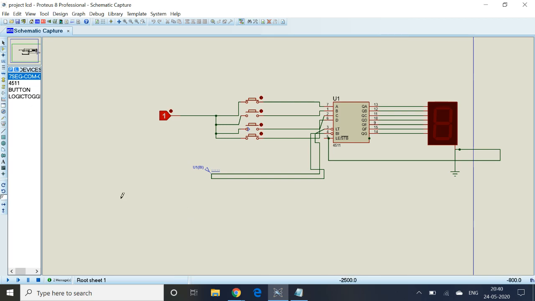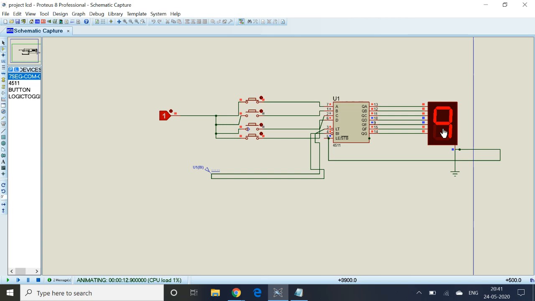How does it work? When I simulate it, okay, now it is simulating. So here you see this point. If I do this, then this is 0, and if I do this, then this is 1. Okay, now let me show how it works. I will also show you the truth table for this.